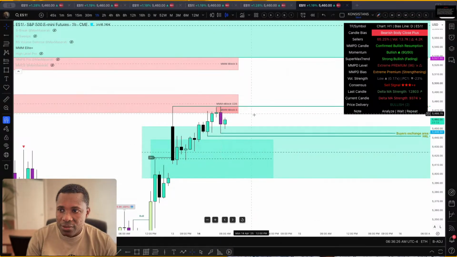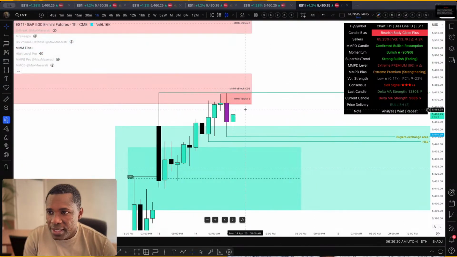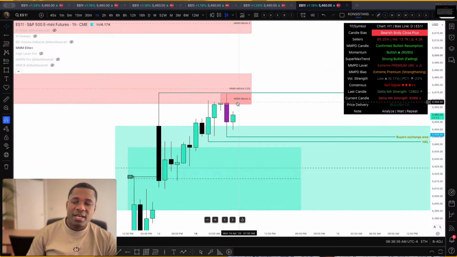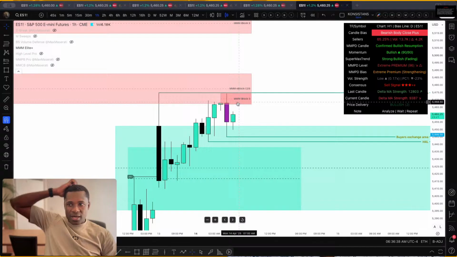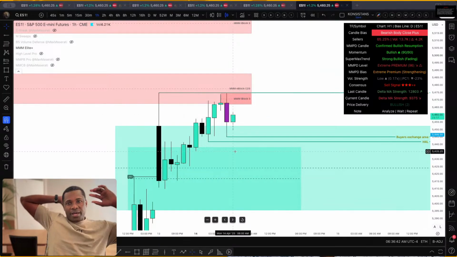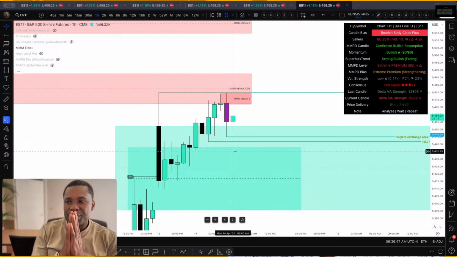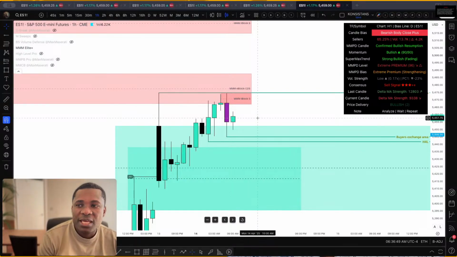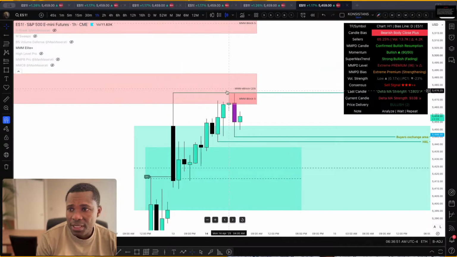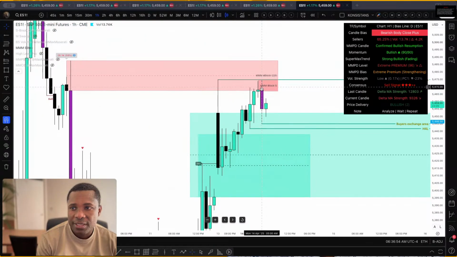We are very, very close. Did price take this high? Yes, price took this high. Price took this low, which means price didn't really have a clear direction. The only thing we know is that we have a very close in the 1 hour. Price overall is bearish, and we're looking for a bullish trade. The only thing you can do now is say, okay, since we have an external block and an internal block,